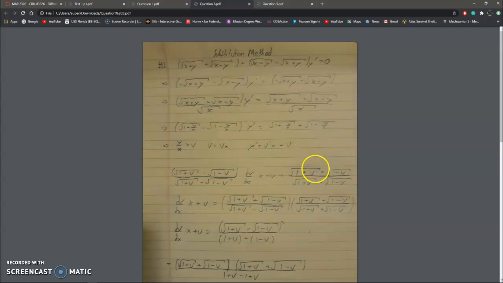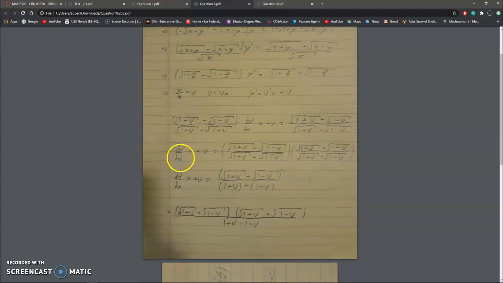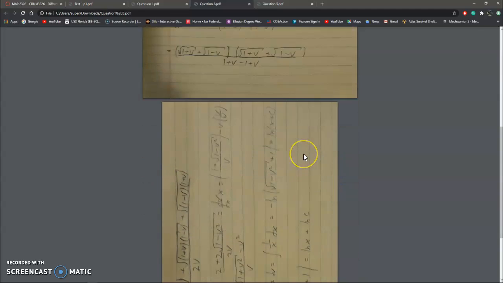And that then equals the same thing, just simplified down, where the top becomes positive instead of the 1 plus v minus 1 minus v. It just becomes the square root of 1 plus v plus the square root of 1 minus v, and the bottom doesn't change. Then you start working out the problem to get rid of the bottom, the denominator, and